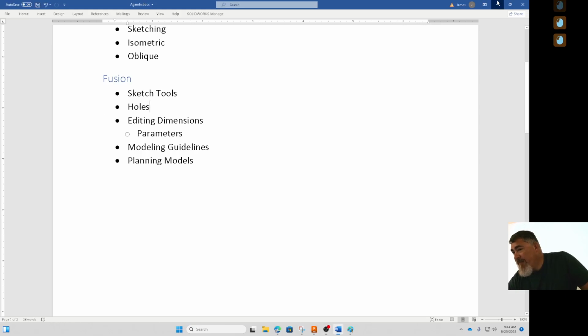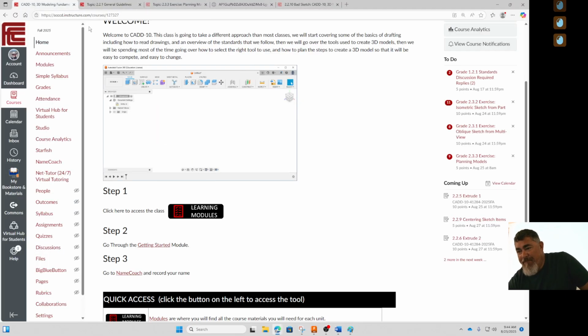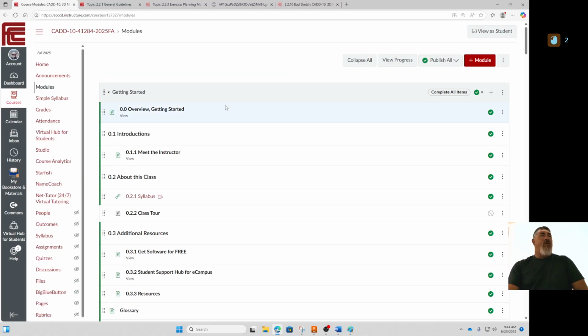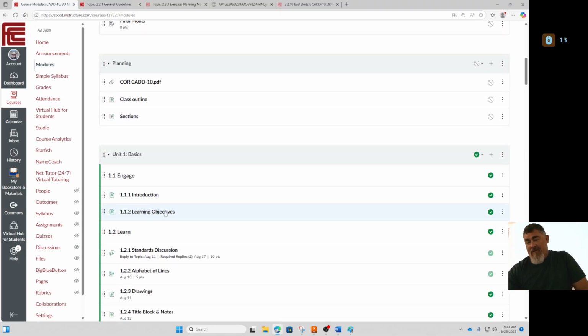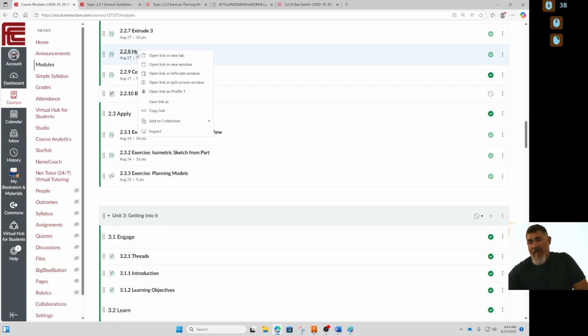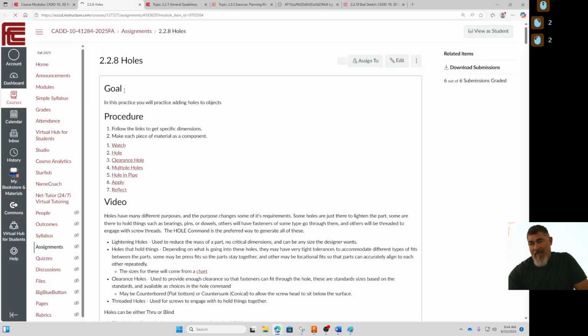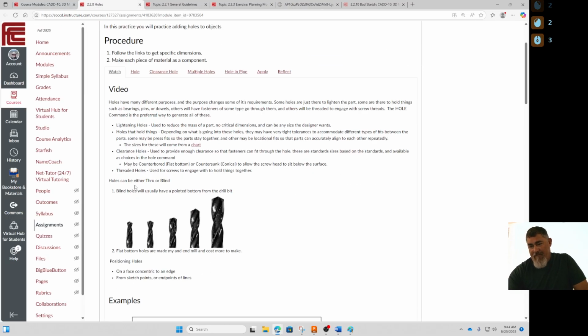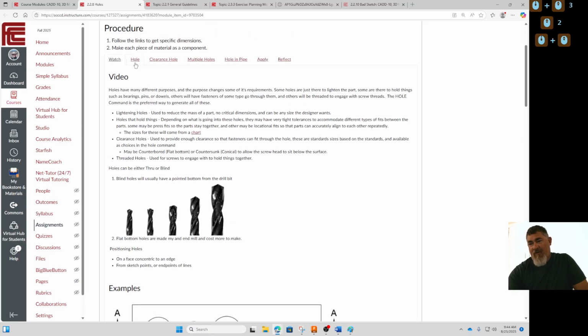The holes, I realized I messed up. There's a big question on the holes that people did, which was the threads. It's because I have a page on threads that I was going to move into this hole assignment. So for the holes, I've got a little bit of information on the holes in general, and I go